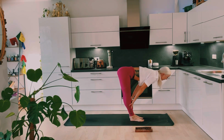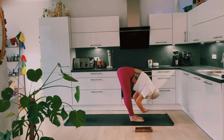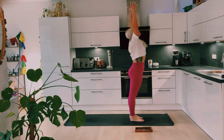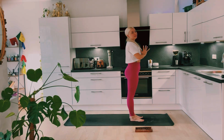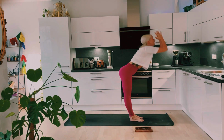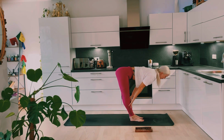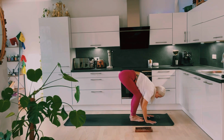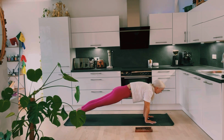Inhale, coming back to that flat back position. Exhale to fold. And inhale, arms up overhead, palms touch. Exhale, hands to heart center. One more time, inhale, arms up. Exhale to fold. Inhale, flat back. Exhale, plant the hands, step back into plank, and your choice, either knees, chest and chin, or